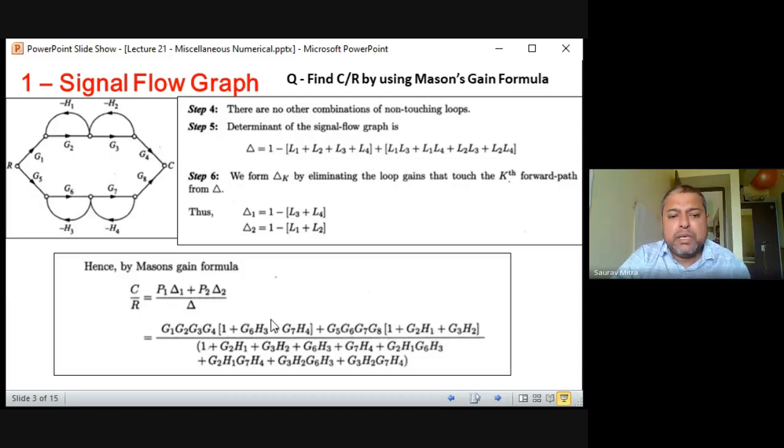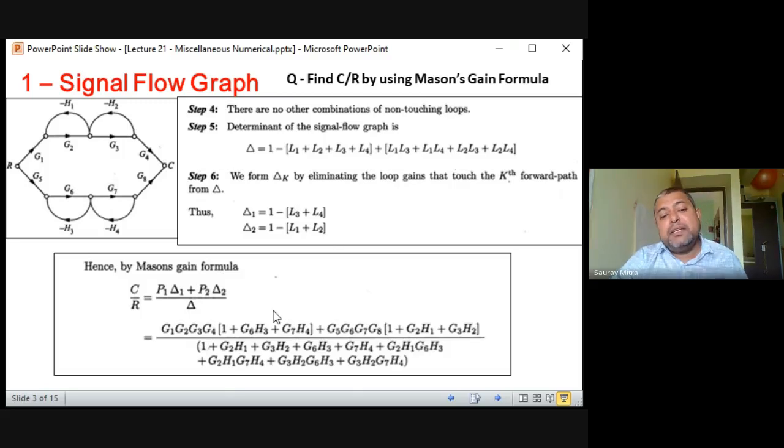So likewise there will be 6 terms in the numerator, and denominator will be having 9 terms. That is 1 minus all this L1 L2 L3 L4, they are negatives, so that's why all this will become positive. You are finding in this numerical there is no positive feedback, all the feedbacks are negative feedback, that's why there is no negative here. If there is positive feedback, then only there comes negative term in the denominator. As everything is negative here, everything will be positive in the denominator. So denominator is not difficult, it is 1 minus L1 plus L2 plus L3 plus L4 plus 4 pairs of non-touching loops, so that is not a problem.